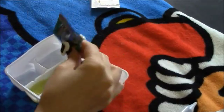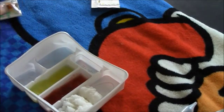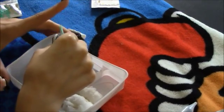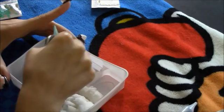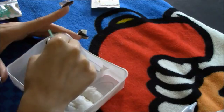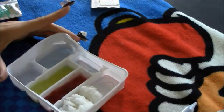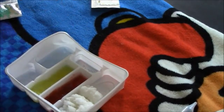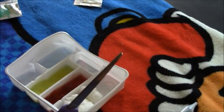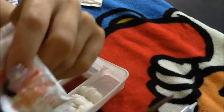Now, pour this bad boy in, and it turns a blue color. Now, you may be saying, what sushi is blue? The answer is no. So, continue watching. Kind of mix that around. I'm using the bottom of this shovel thing because this is a chemical reaction that will take place, and I don't want to jeopardize my fish eggs. So now you're going to grab your orange packet, packet B, this bad boy,